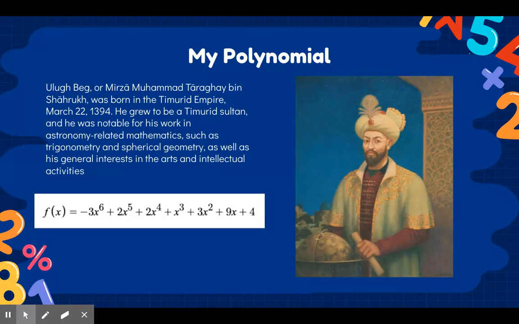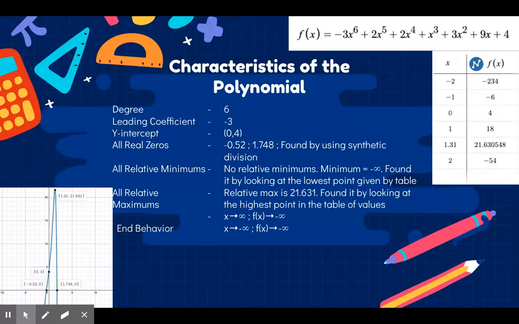Here is my function and the characteristics of the polynomial. The degree is 6, the leading coefficient is -3, the y-intercept is at +4, and all the real zeros are at... There are two, so -0.52 and 1.748, and I found this using synthetic division. All relative